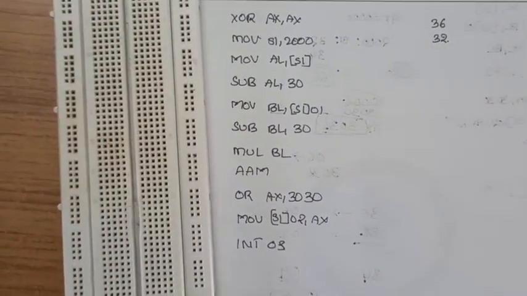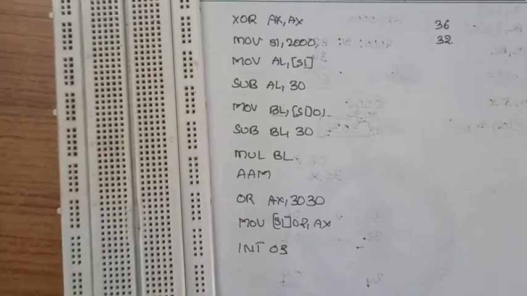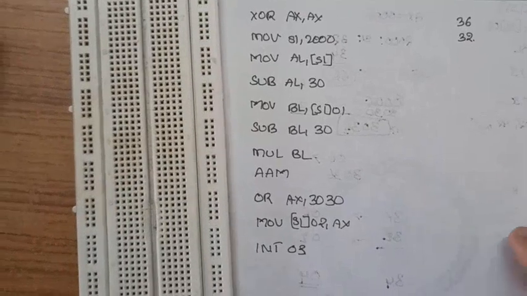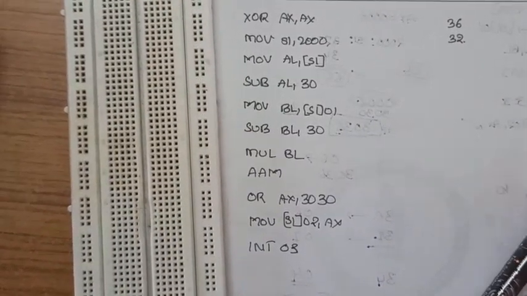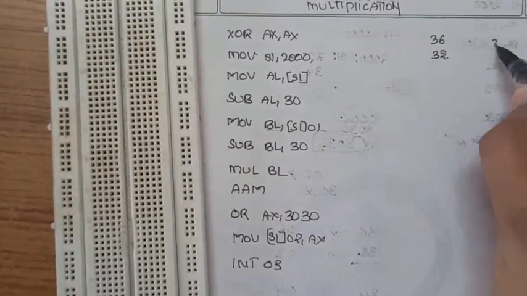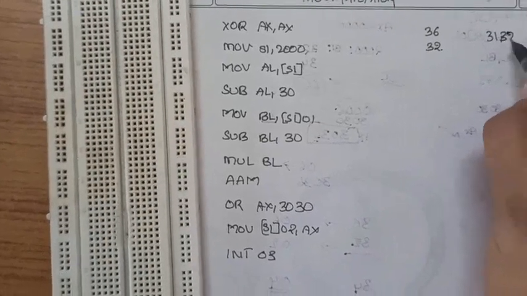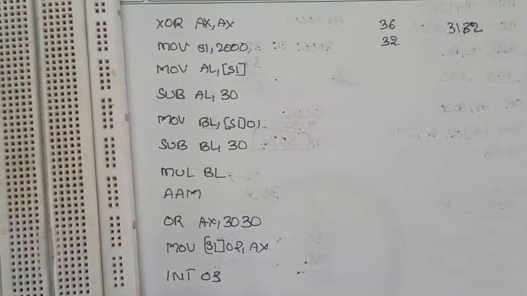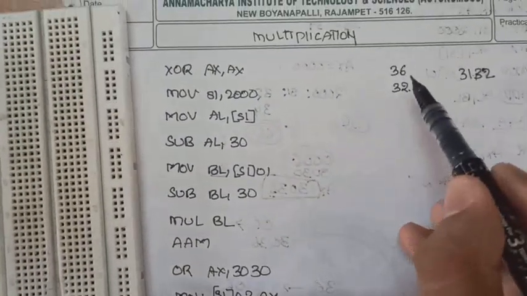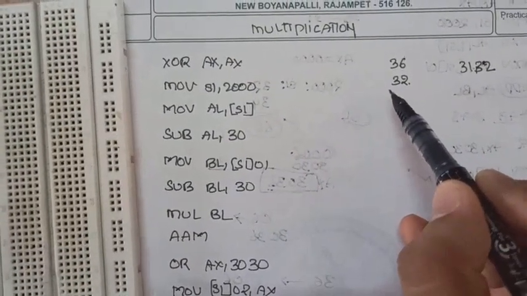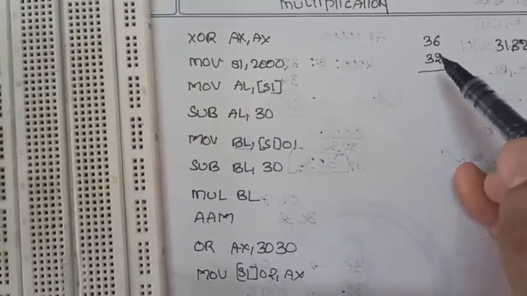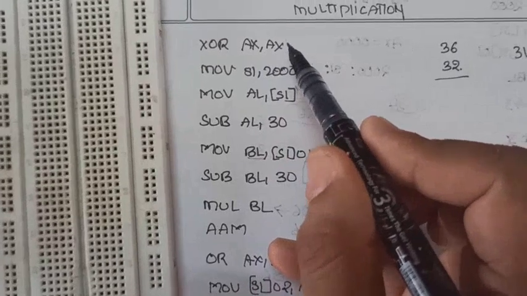But if you want to perform actual multiplication, the intention of our multiplication is we want to multiply 6 into 2. 6 2s are 12, and in ASCII the output should be represented as 3132. So this is actually the intention, to perform multiplication of 6 into 2, but if we multiply 36 and 32, we are going to get a wrong result.